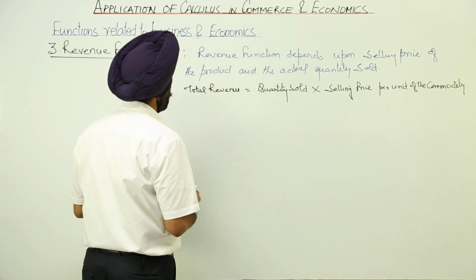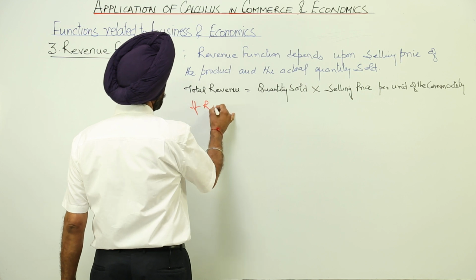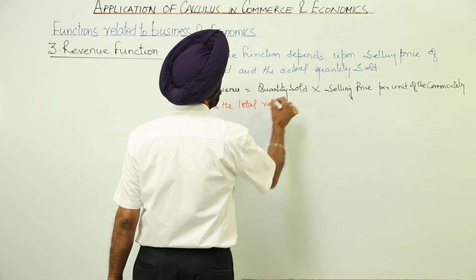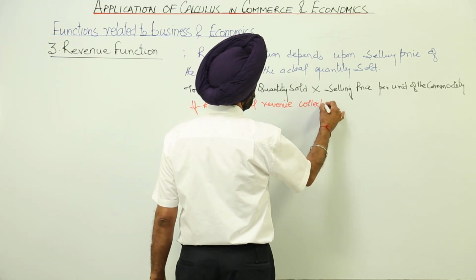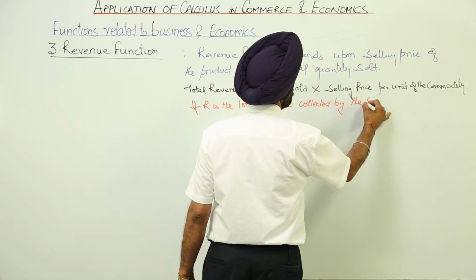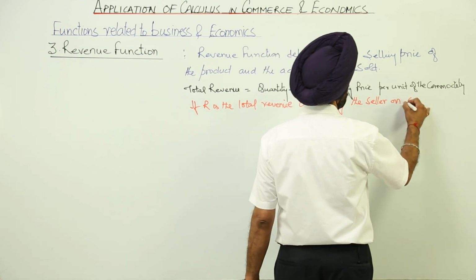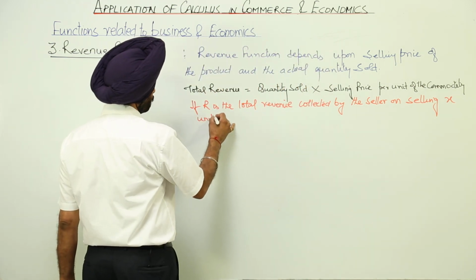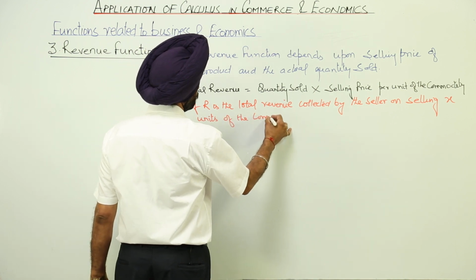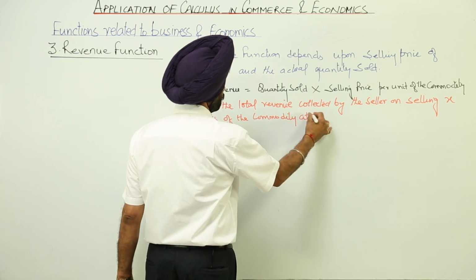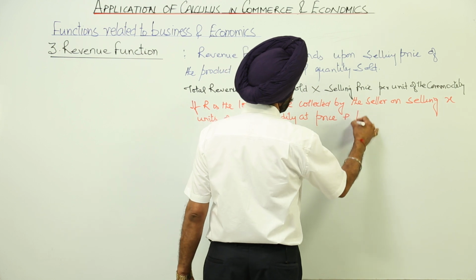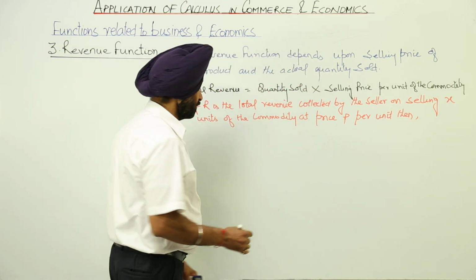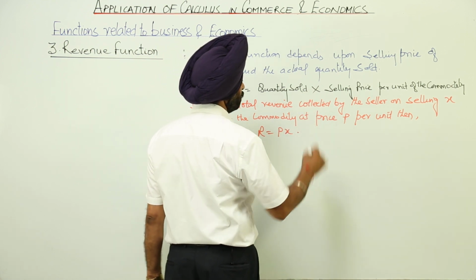Now, suppose we are having capital R. Now, if capital R is the total revenue collected by the seller on selling X units of the commodity, on selling X units of the commodity at price P per unit, then what we are writing? R is equal to P of X, and